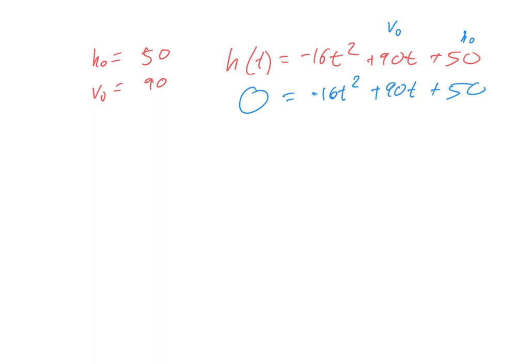The quick and easy way is to just do the quadratic formula. If you've not done that in a while, how about I do this as a quick review. Sometimes people like to do completing the square. If you've never done that before, it's actually faster, and it is the exact same thing as the quadratic formula. So completing the square, I would move the 50 over here, and then I'd have negative 16t squared plus